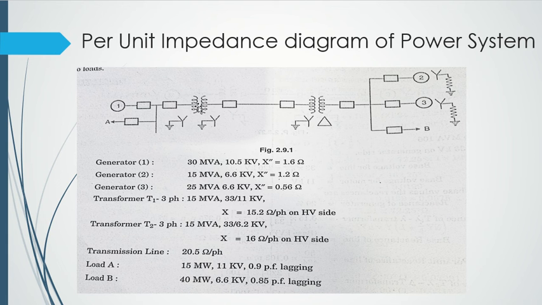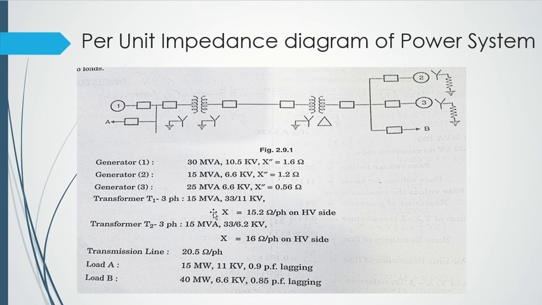Okay, for the first 3 phase transformer. By the way, how do you know that this is a 3 phase transformer or a single phase transformer? Here you see all 3 phases are connected with star connection, right? Can you see the star connection in single phase? No, you can't, because single phase only has one phase. So it is star connected, so this is a 3 phase transformer with a 15 MVA rating, and it has a voltage ratio of 33 by 11 kV,